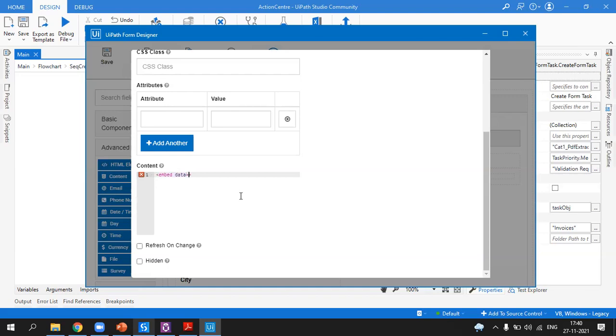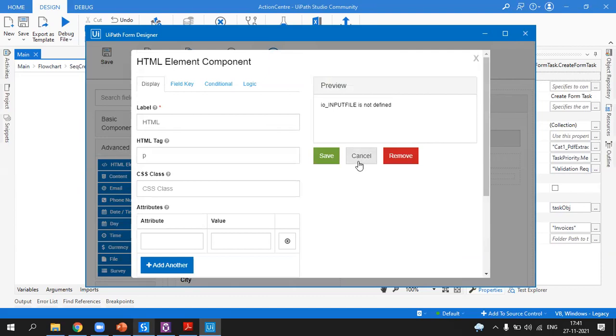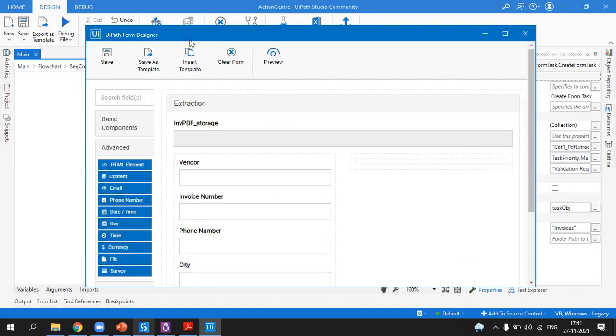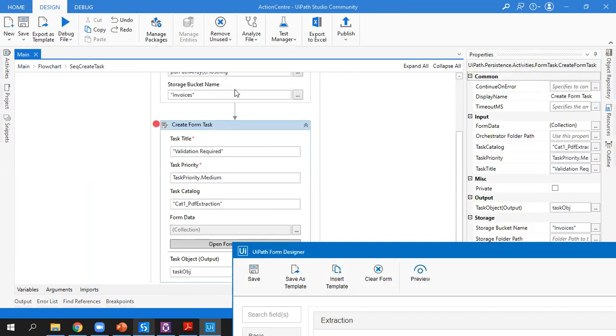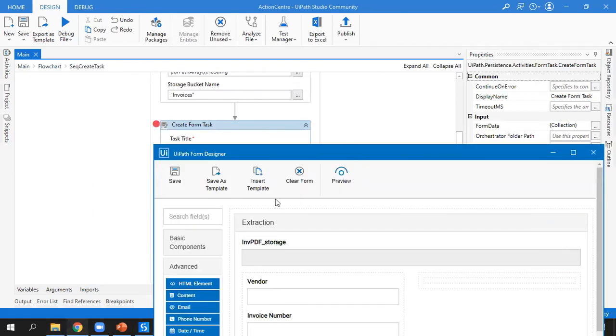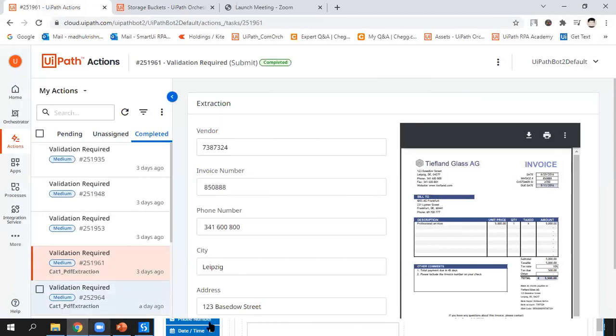Data equal to, and then here goes your storage location, for example. Then goes the embed tag. Once you click on save, the uploaded file name will be assigned to that HTML element, and that will be displayed here. Okay, thank you.